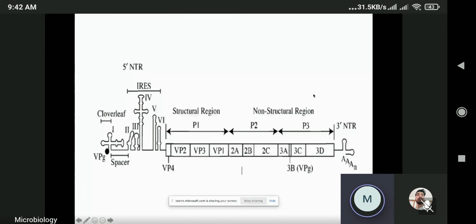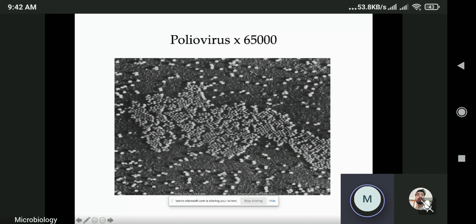Okay, so now this is the electron micrograph of poliovirus. It's the real image taken in the electron microscope. So these are the polioviruses. Okay, that is being described here. So these viruses